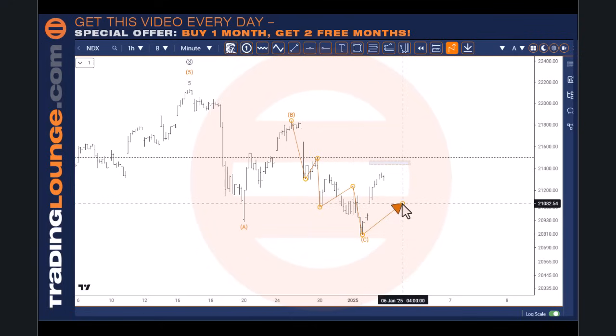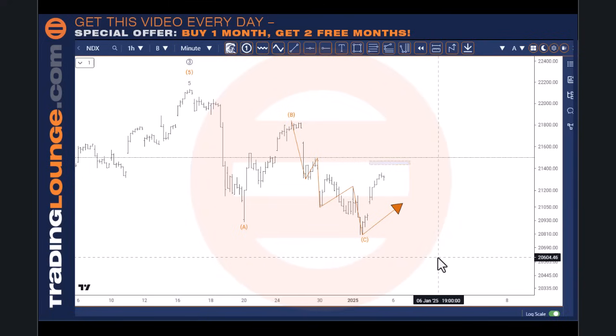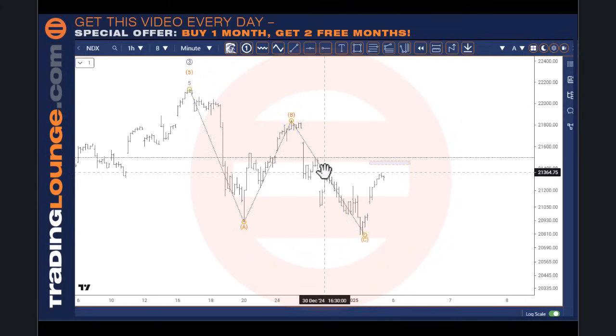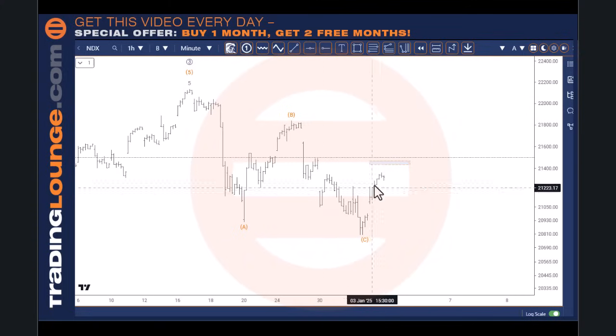So, I could do it like that. It's kind of okay-ish, it doesn't break a lot of rules, but it's a little bit dodgy. It's nice to see this move up here being impulsive, but like I said, it also enables this here to be an A wave, a B wave, and a C wave coming into here as well. So down for 1 here, an A and a B and a C.